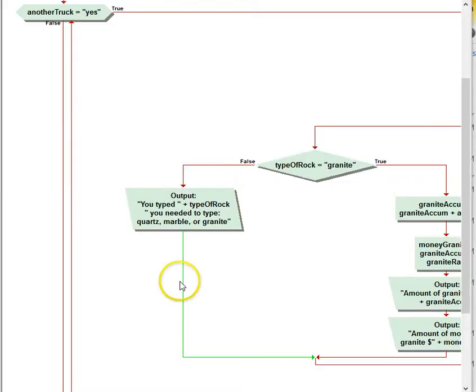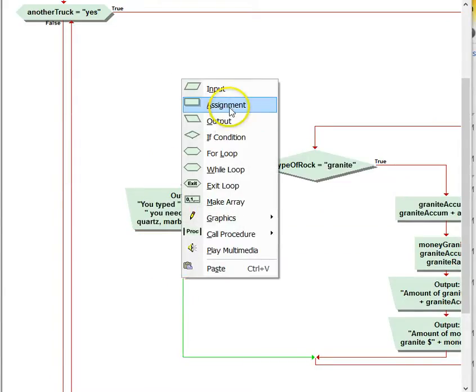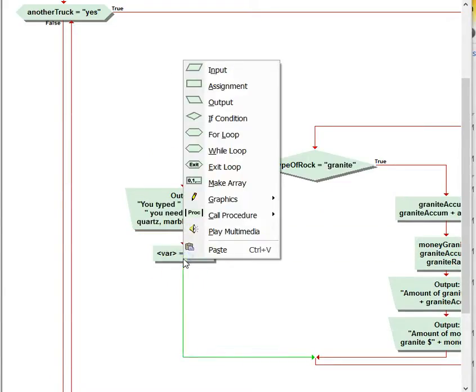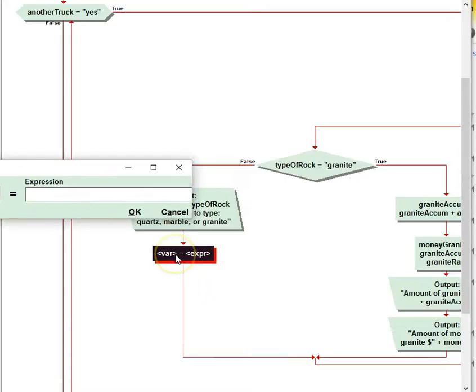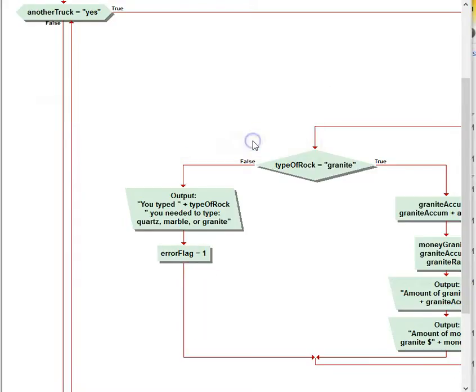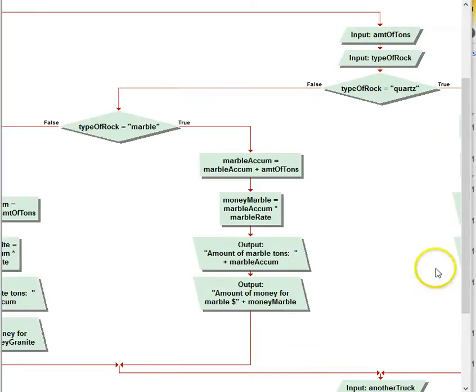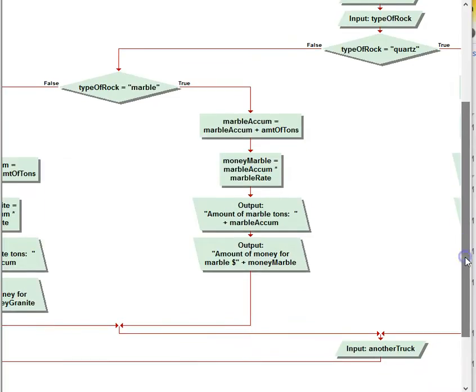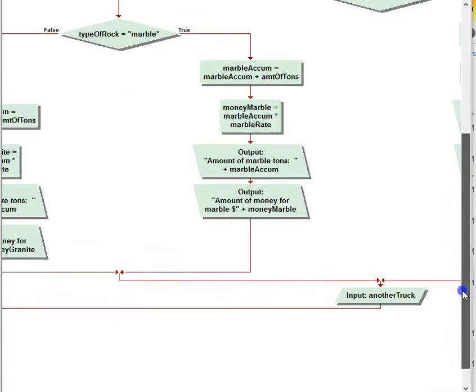Okay, and then the other thing I'm going to do is add an assignment, and we're going to assign 1 to the error. So error flag, and that's going to be equal to 1. So it's going to change it from 0 to 1. And then on the outside here, okay, after another truck,